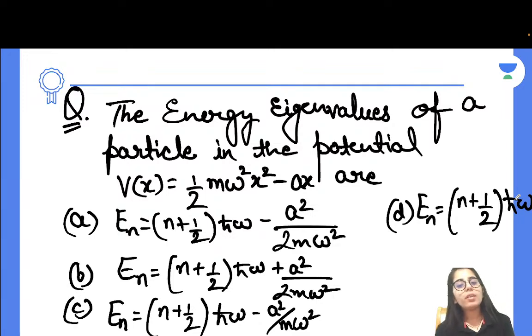So what we will do, we can take half m omega square common and try to make a complete square after that, which will contain the x terms, and the remaining constant terms you will add and subtract, its square, to make it a complete square. So you will just get that remaining constant term at the end, and the overall term that you make a complete square will behave as the harmonic oscillator's potential. It will be similar to that expression. So in that case, its corresponding energy expression will be n plus half h cut omega, and the remaining constant term will remain as it is. That's it. This is what you are going to do.